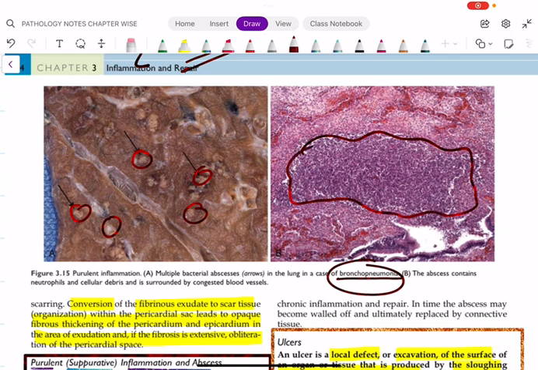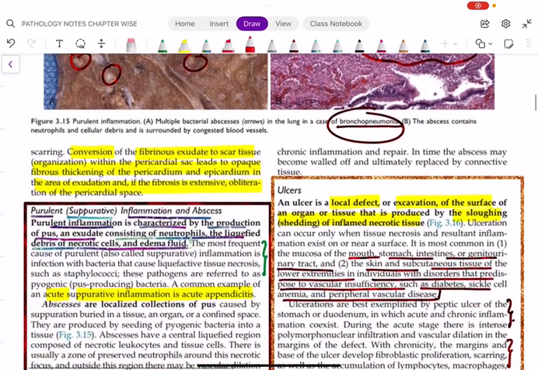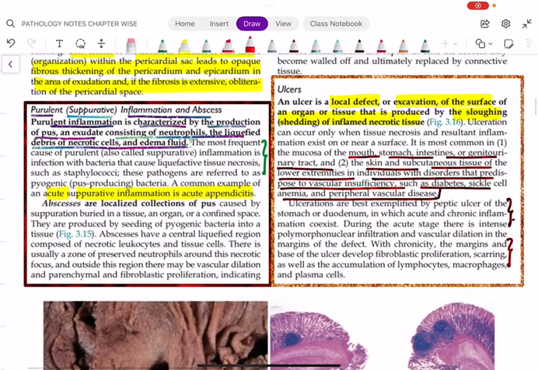These are nothing else but neutrophilic infiltrate. Very, very important. You should know how to identify a neutrophil. These are neutrophilic infiltrate. You can see here the bluish deposits. These are nothing else but the neutrophilic infiltrates. So that is what we call purulent or suppurative inflammation and